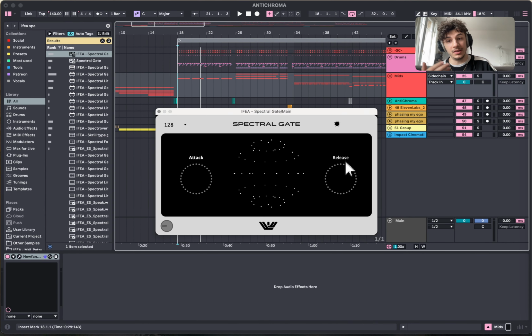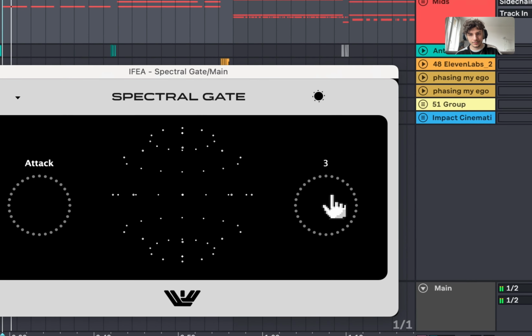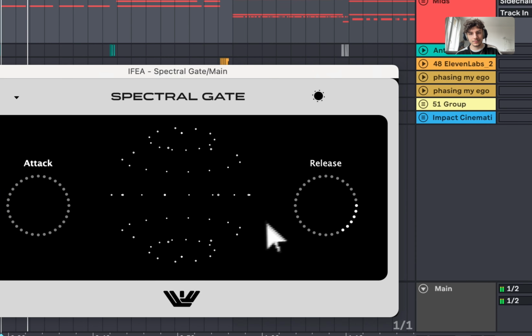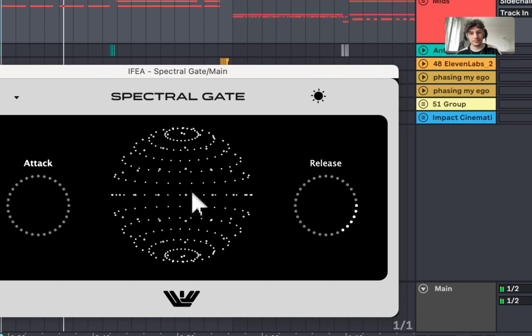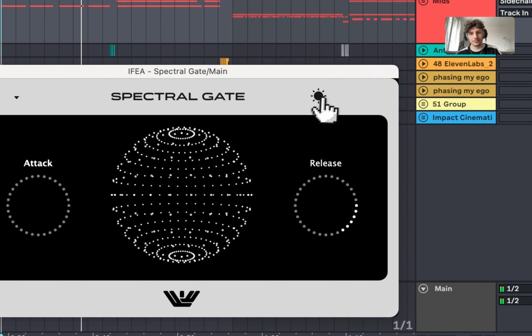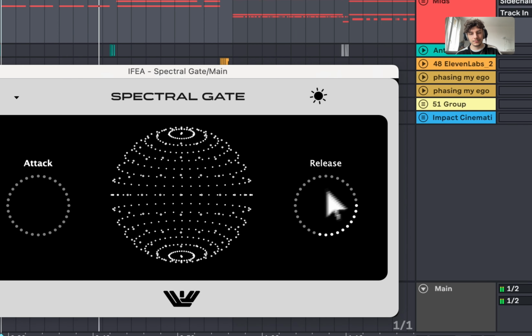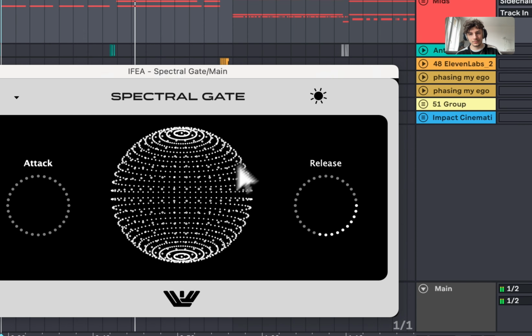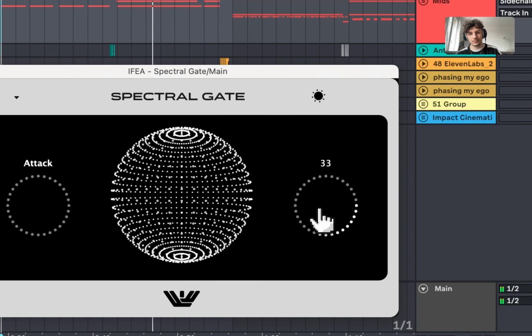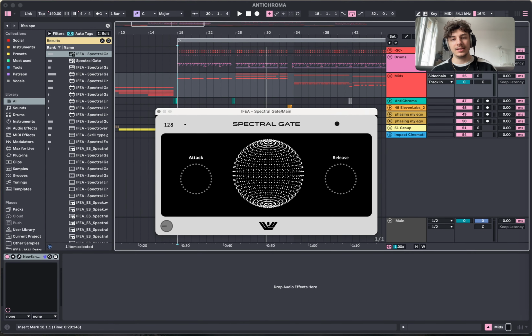But now if we add the release even to it, it's kind of cool because you can still use the Spectral gate at a really low FFT size,